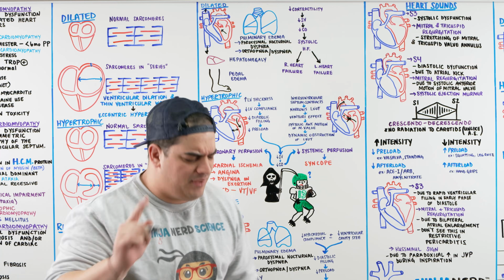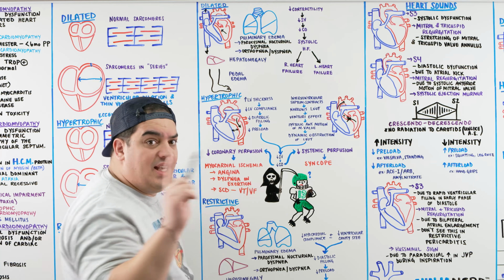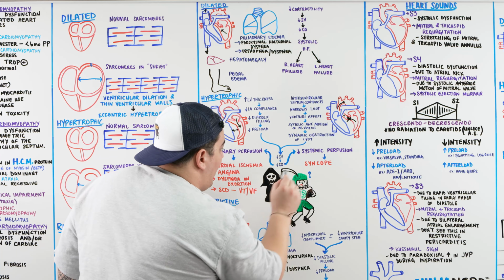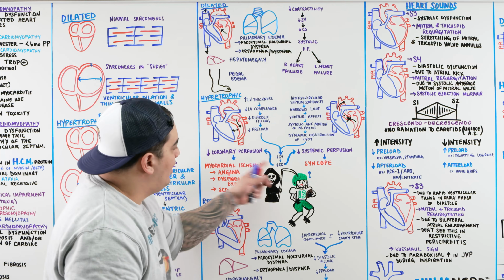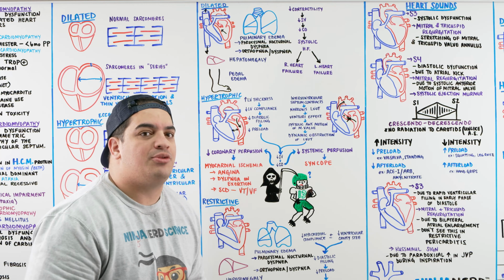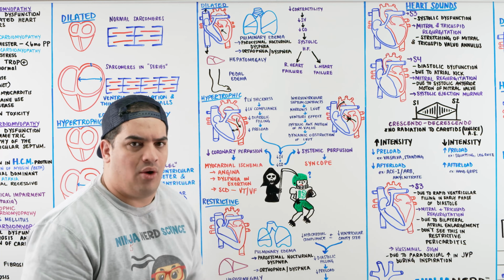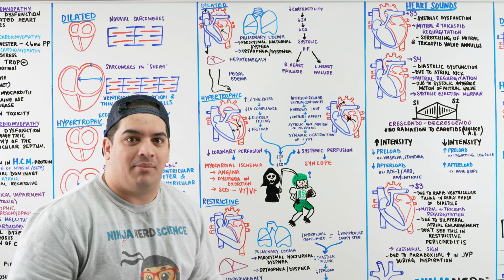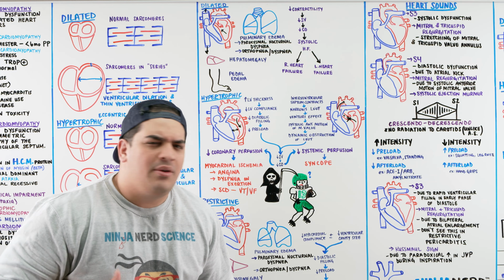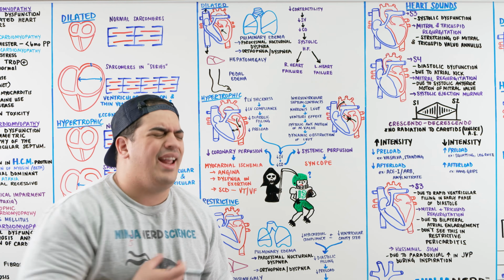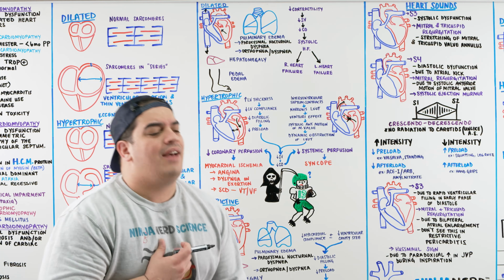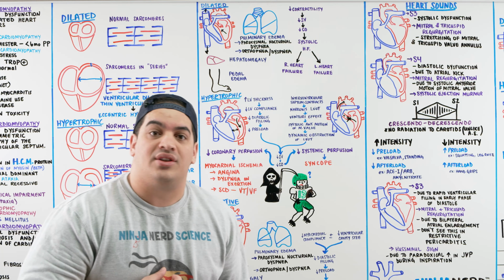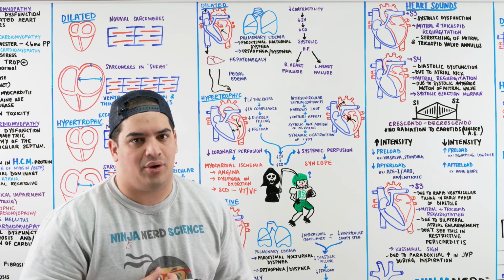Why is that a problem? Here's why. And this is the key thing, please do not forget this. If we have a reduction in cardiac output, and I don't get enough blood that's actually going to perfuse my coronary vessels, because you know the coronaries come off the aorta, right? If the coronaries aren't getting enough blood flow to supply the myocardium, this can lead to ischemia. And you know what ischemia of the heart can actually look like? Angina, chest pain. They can have shortness of breath, dyspnea on exertion,